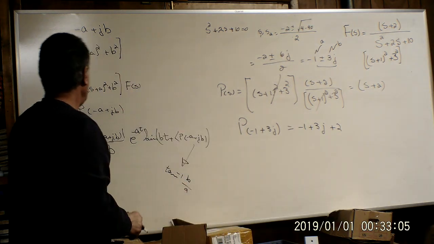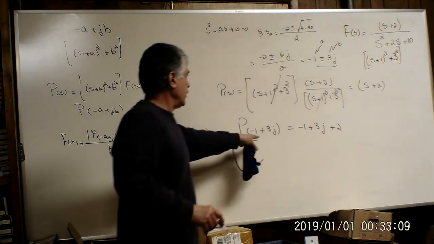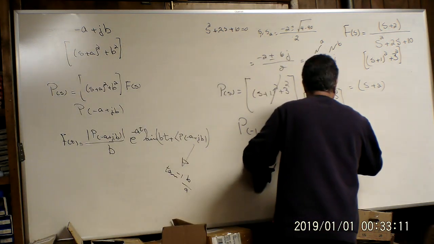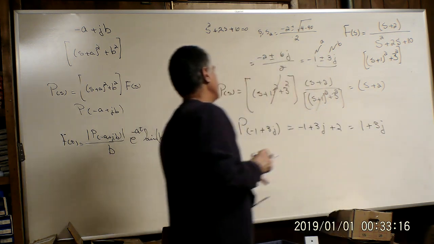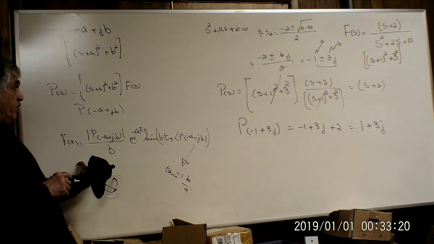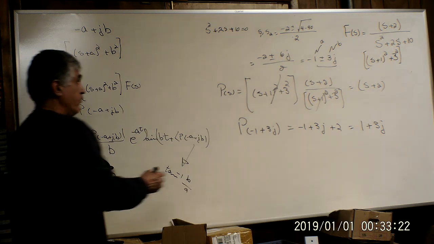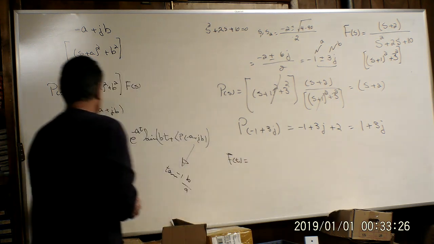So our P(minus 1 plus 3j) will be equal to 1 plus 3j. Once we find that value, our original function f(t) will be equal to